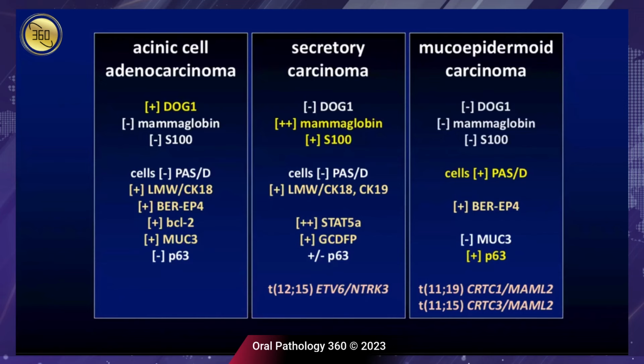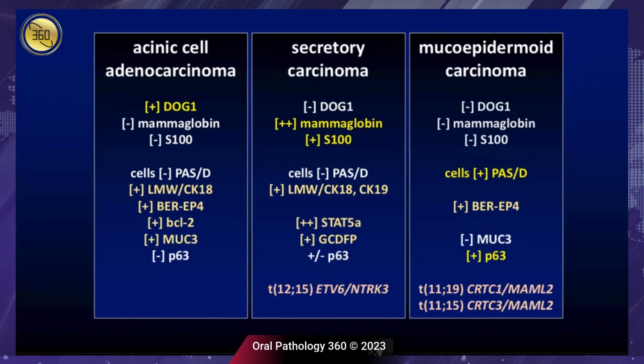And with secretory carcinomas, if you don't have the genetics, because we know there are NTRK mutations associated with secretory carcinomas, almost uniformly these lesions will be positive for mammaglobin and S100. And a strong mammaglobin positivity should lead you there, even without genetics. I've talked to Dr. Sitala about this. I've sent him cases. He says if you have a strong mammaglobin positivity and everything else is negative, you can presumptively say this is going to behave like a secretory carcinoma.